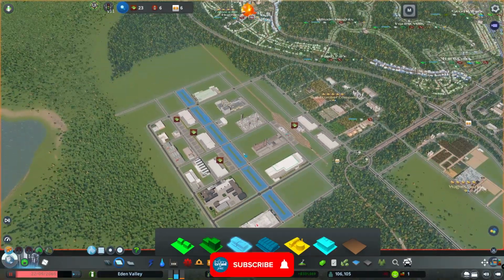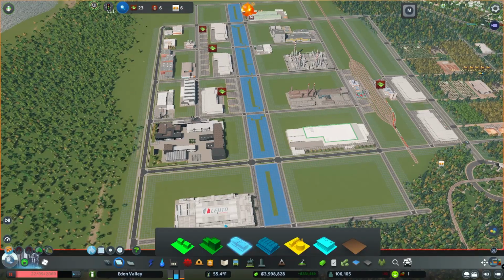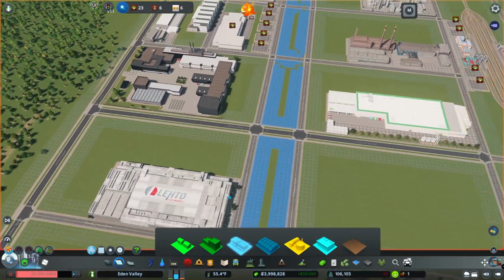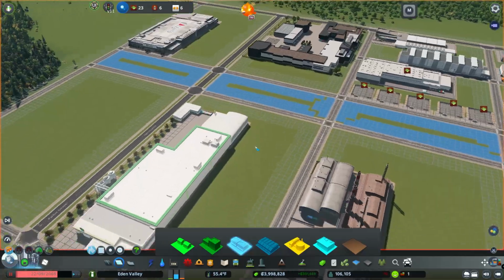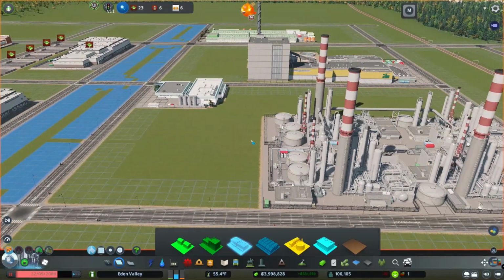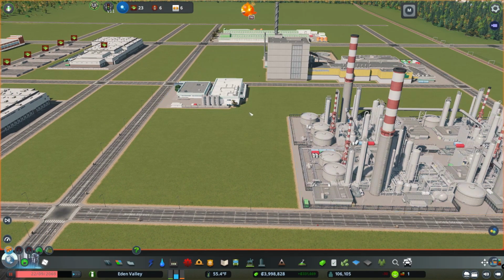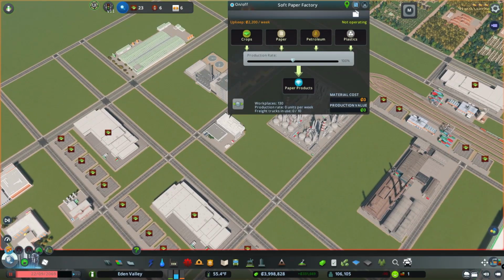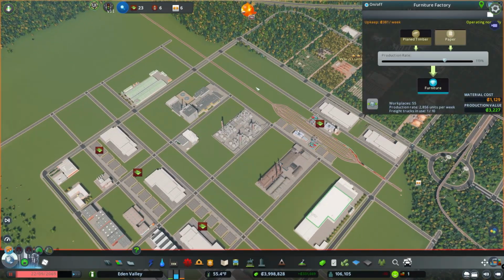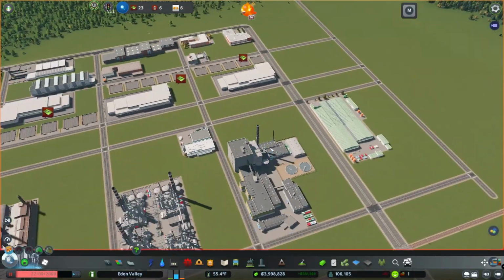We have that. That is our commercial corridor. Yes. This would be its own kind of campus. Same thing with here. This would get its own campus. And then this would be its own campus. Then this would be, again, its own campus. Same thing with here, but we're gonna start plopping some